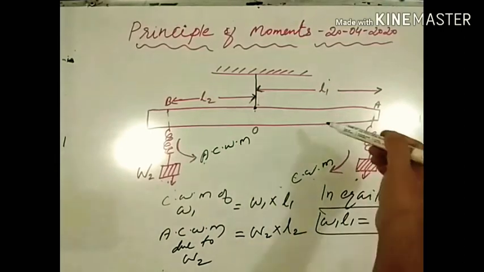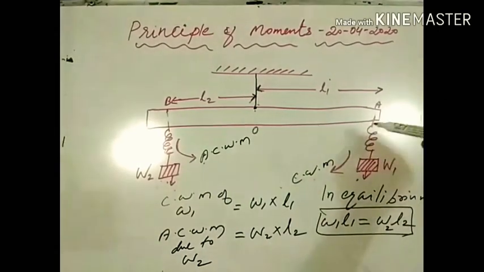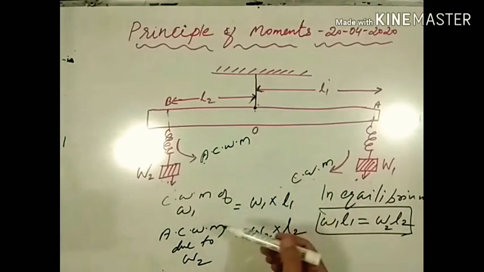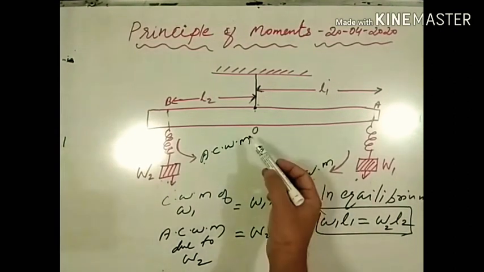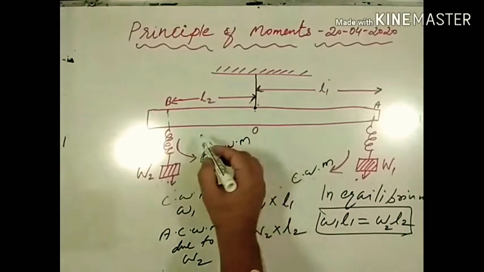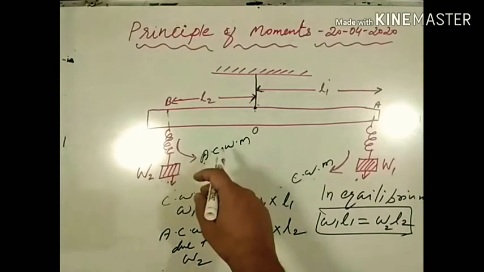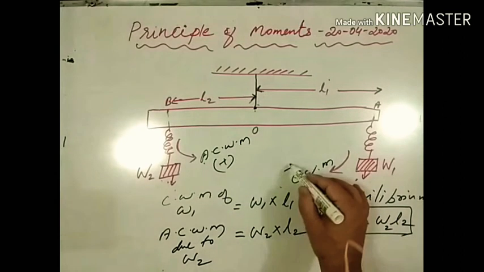When several forces are acting on a pivoted body, suppose many weights are hung on either side of the meter rule, the body may tend to rotate about an axis, right? Then what is the resultant moment of force about the point O? The resultant moment of all the forces about the point O is obtained by taking the algebraic sum of the moments of each force about the point. We know that anticlockwise moment is taken as positive and the clockwise moment is taken as negative.